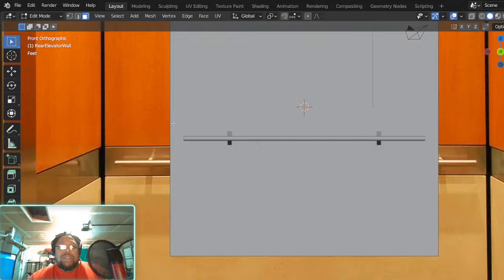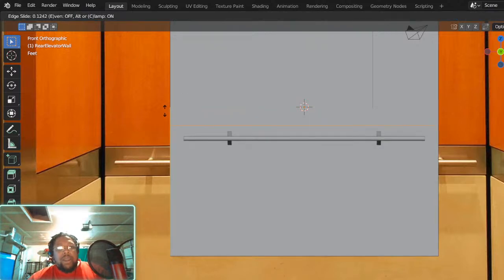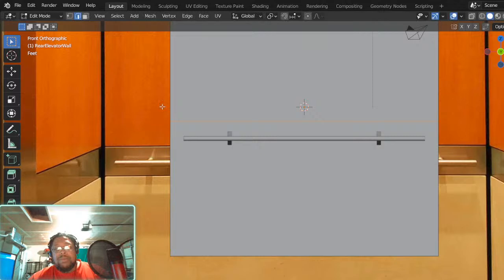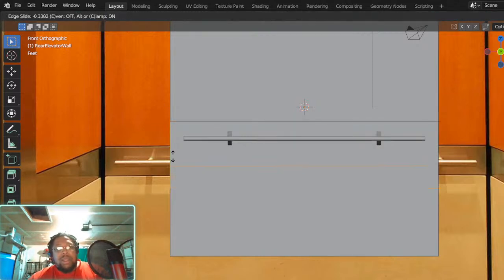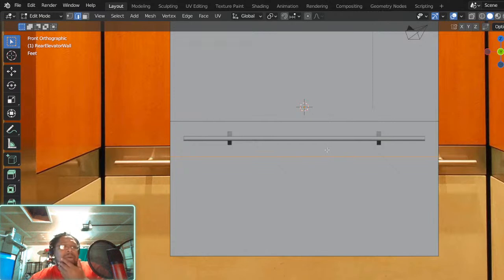So let's just be careful what we think. Let's Control R, right? And we'll do right about there. Control R again. And right about there. So on the other walls we will just copy where those are.